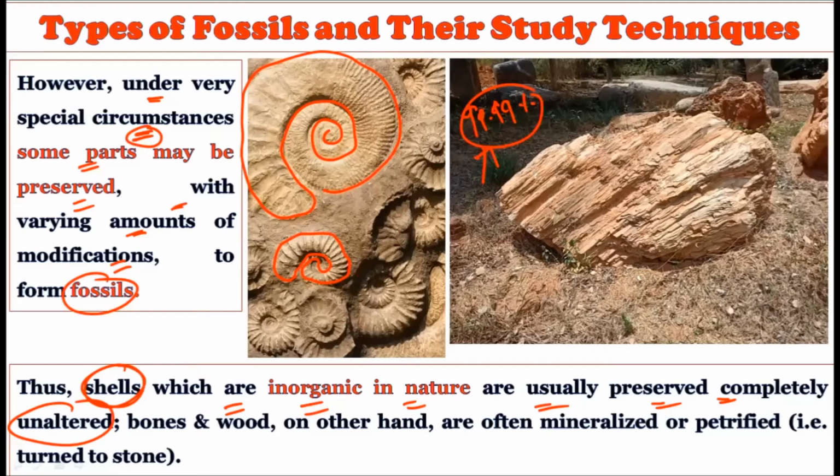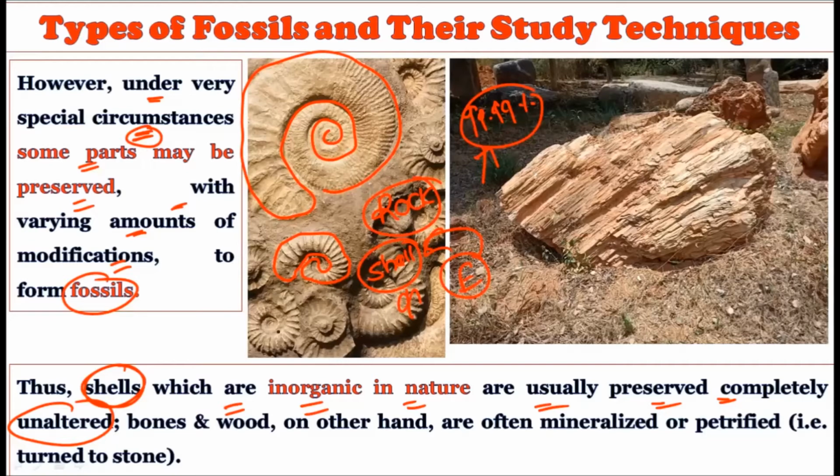Because these outer shells may have taken more time to decompose, and what may have happened in between, an earthquake-like event may have happened during this time, and these may have got trapped between two rocks, and they somehow got preserved. Because more time was required to decompose the shells, and in the meantime these shells may have got fossilized. This is the logical explanation for this.